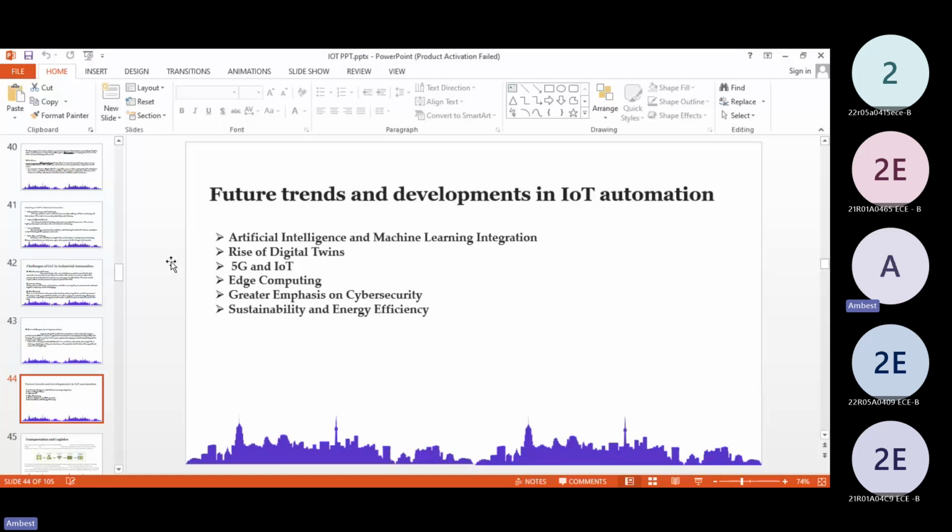And the next thing was the rise of digital twins. I have mentioned before that this is being collaborated on in the automotive industry. Through this collaboration in automotive, they have built things like petrol-less, electric vehicles. By patching up digital twins with automotive, they are really going to shape the future. And the next thing is 5G and IoT, and edge computing.